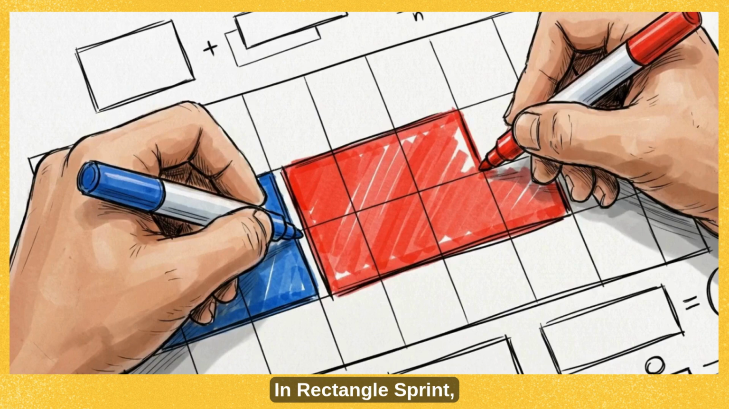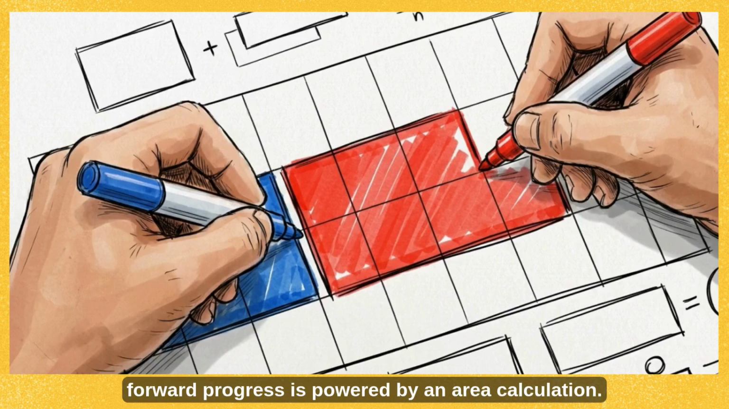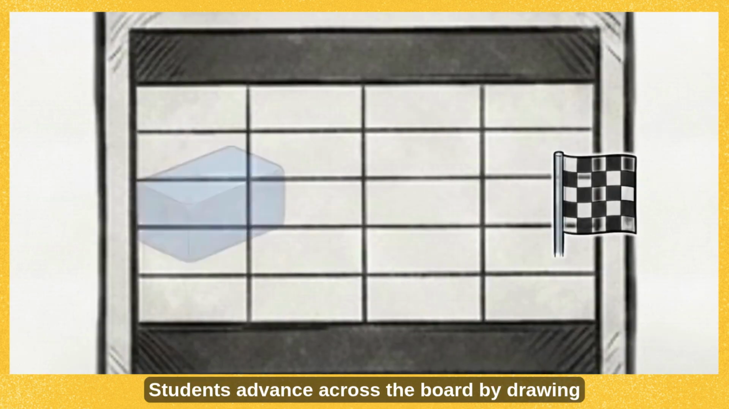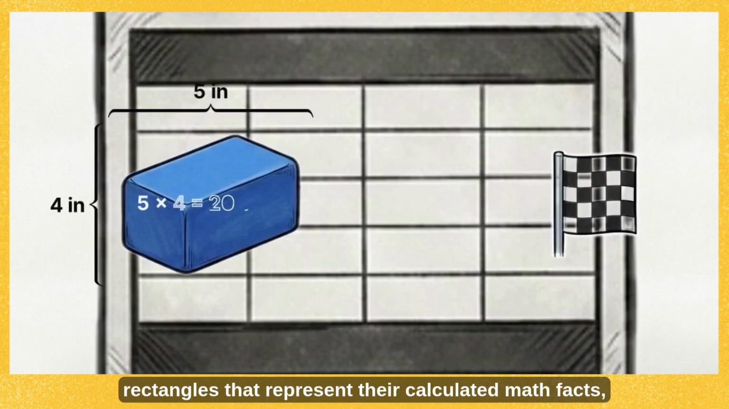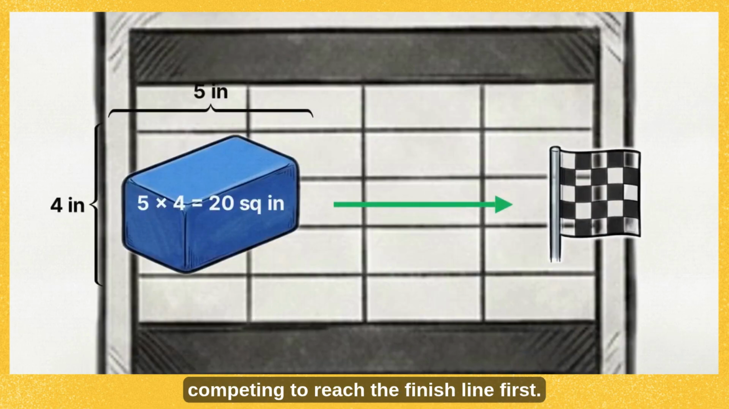In Rectangle Sprint, forward progress is powered by an area calculation. It's a high-speed race where the faster you solve, the faster you move. Students advance across the board by drawing rectangles that represent their calculated math facts, competing to reach the finish line